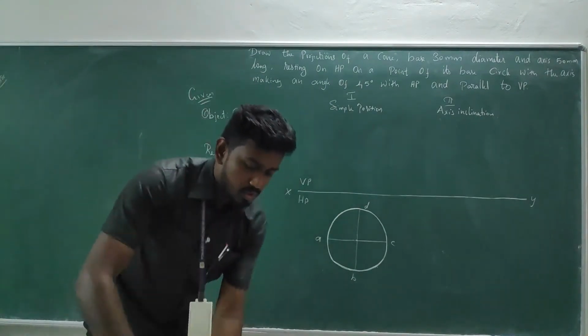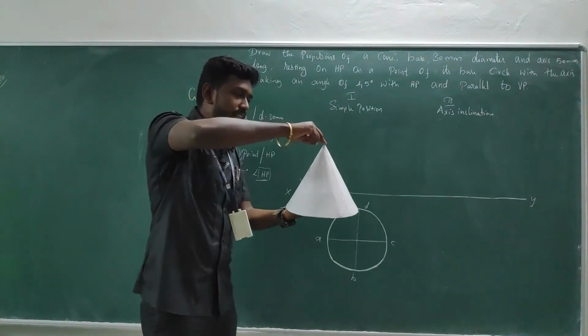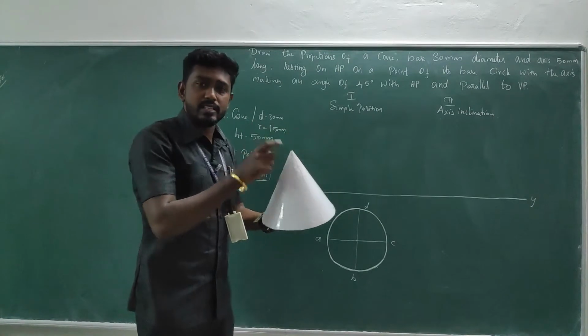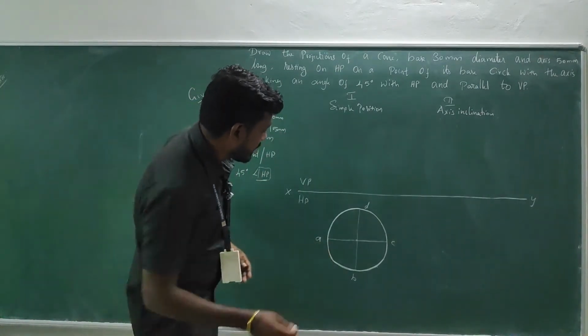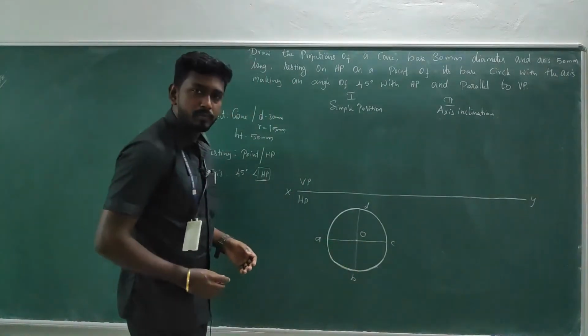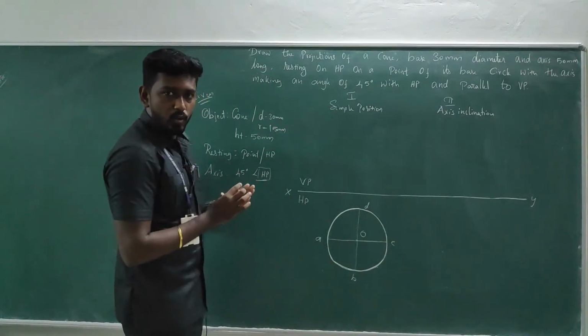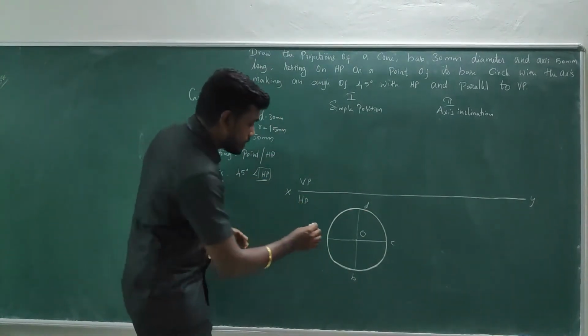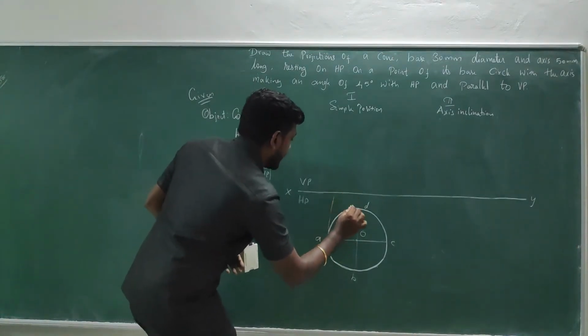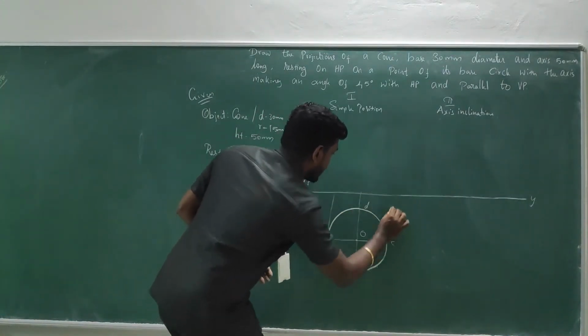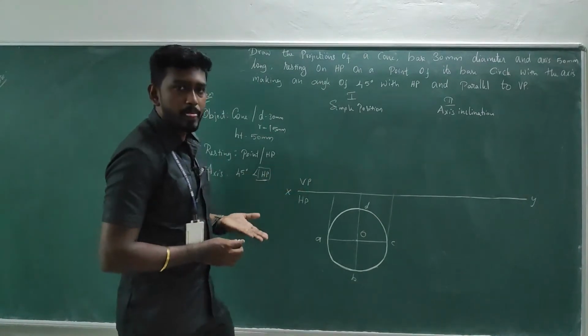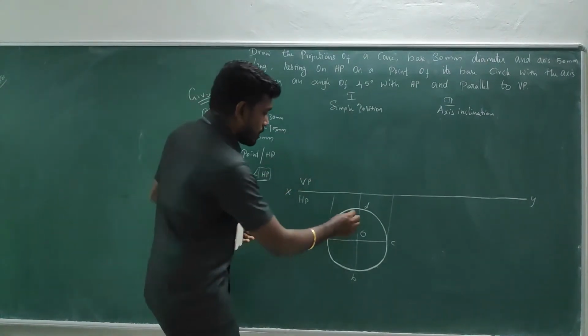And here comes, when you are looking from the top, we can see the apex or vertex point. We can name it as O. There are no edges, so simply the circle should be a dark one. There are no edges, right? So then take the projectors to the next level in order to identify the front view.